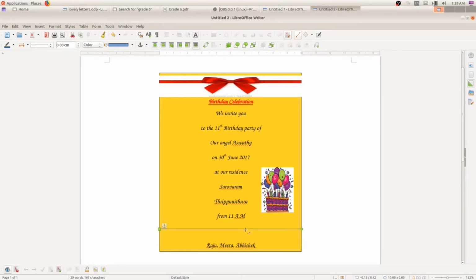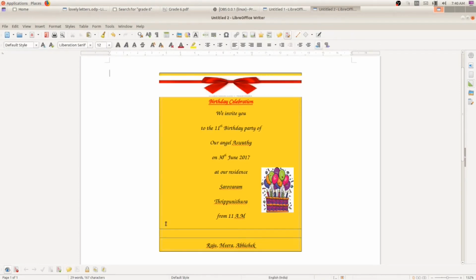Okay, again I am going to draw another line. So again, keep on pressing the shift key, don't leave, click and drag like this to the other end. Okay, now you click outside the frame, just make a click. Now if you want to move this line, just click on the line and drag like this. Okay, so you can move the line.